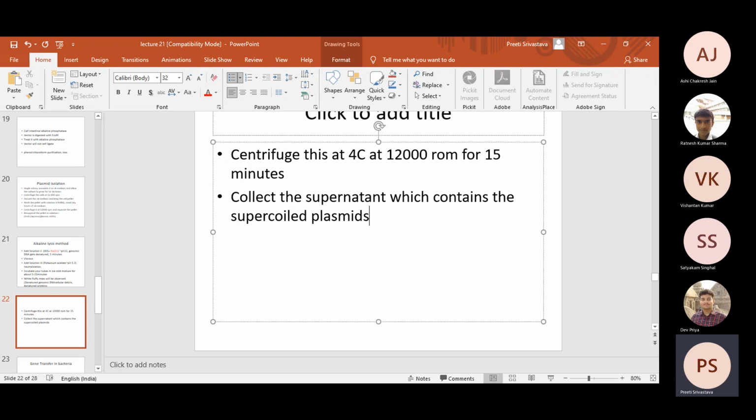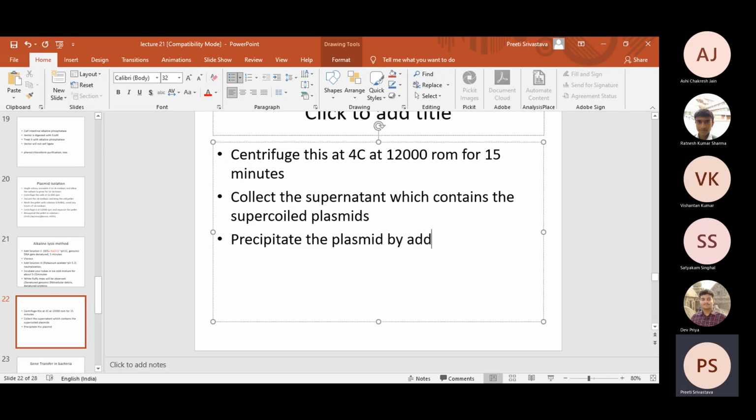So ultimately when we centrifuge it, this whole cellular debris, genomic DNA and denatured proteins will get separated, and you can collect the supernatant which contains the plasmids. Now the plasmid in this supernatant is very dilute. So what we do is you can precipitate